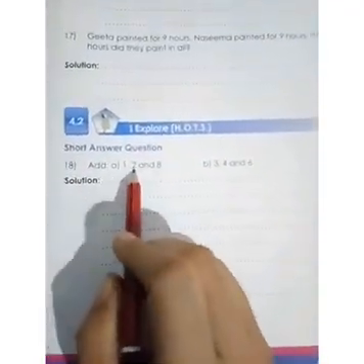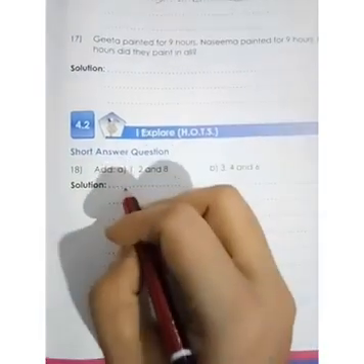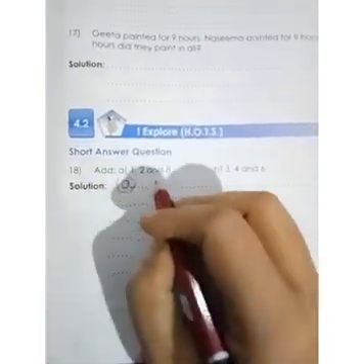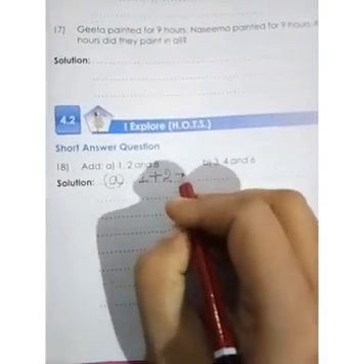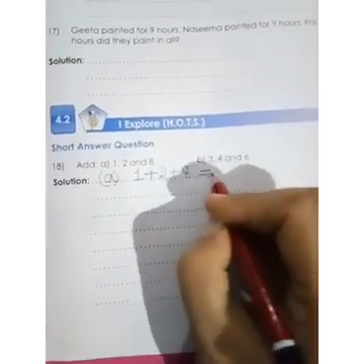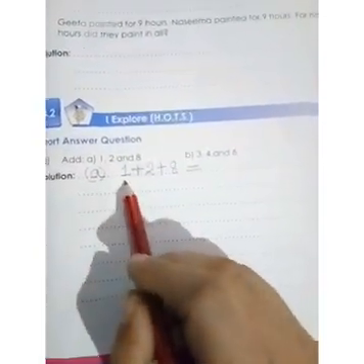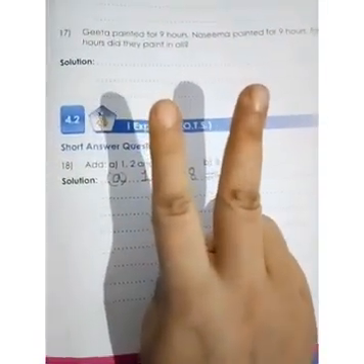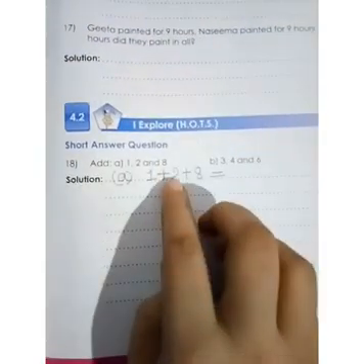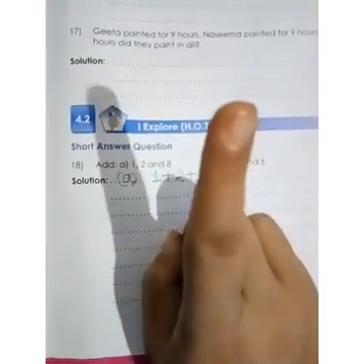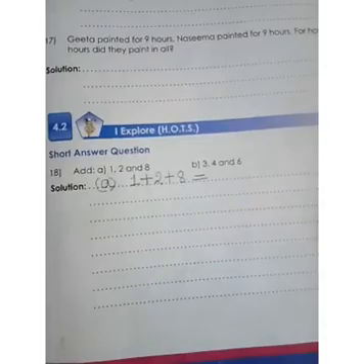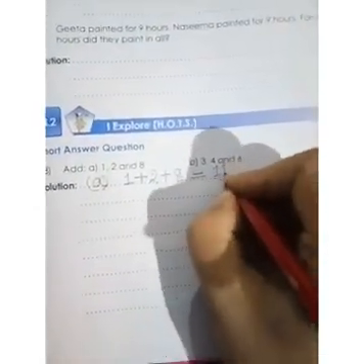Now this question, add 1, 2 and 8. Okay. So what you'll do, I'll do only the first one. B, you have to do yourself. So how will you do it here? 1, add is there, so plus 2 plus 8. See, this also we have to do mentally. Which is the bigger number out of 1, 2 and 8? It is 8. After 8, keep 2 fingers open. And after 8, what will come? 9, 10. Okay, done. Then come to the next number, that is 1. After 10, what will we get? 1. So keep one finger open, and 10, 11. The answer is 11. Similarly, you have to do question B also.